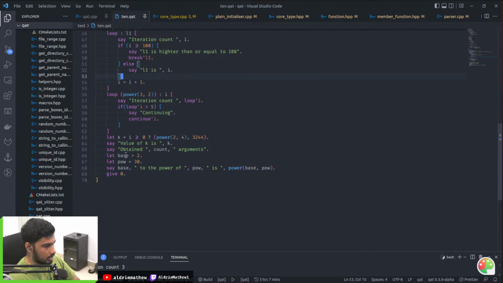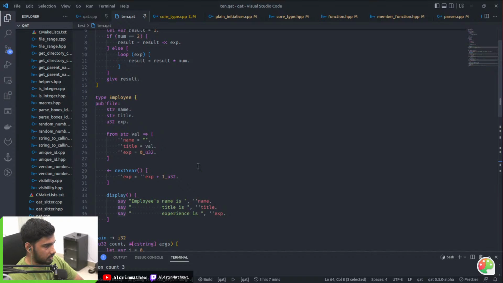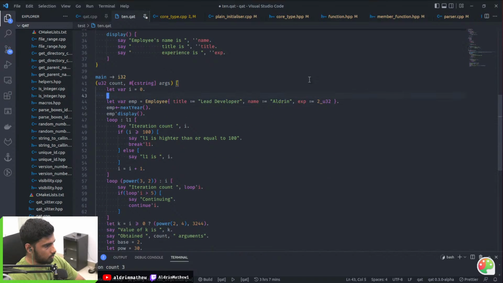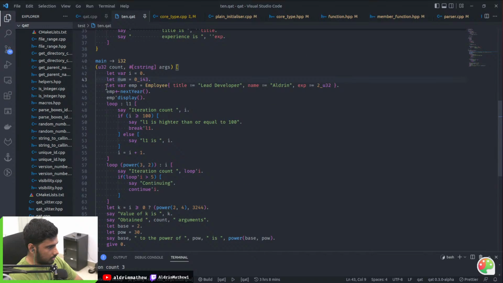Support for say statements has been added, and right now you can't display integers that have different, non-standard bit widths. For example, let var num equals 0 I43 or something, and this compiles without any problem.